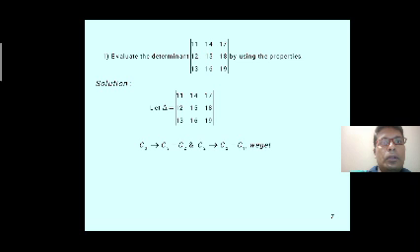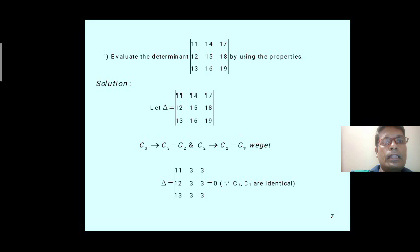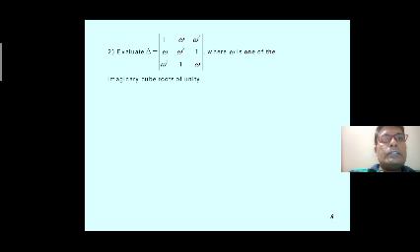We apply the column operations C3 gives C3 minus C2 and C2 gives C2 minus C1. We get delta equal to 11, 3, 3, 12, 3, 3, 13, 3, 3. You observe that C2 and C3 are identical, which means two columns are equal, so the solution will be 0.